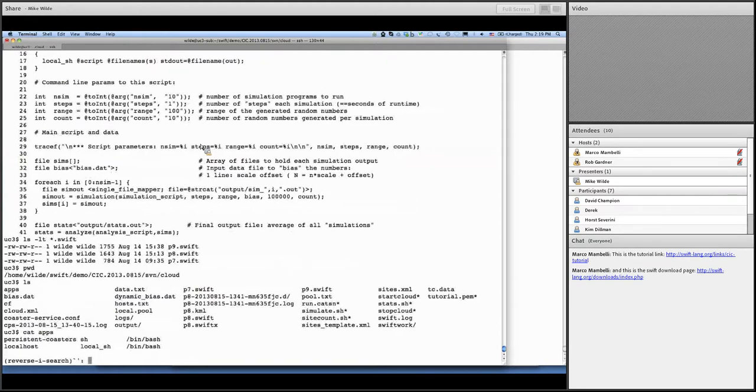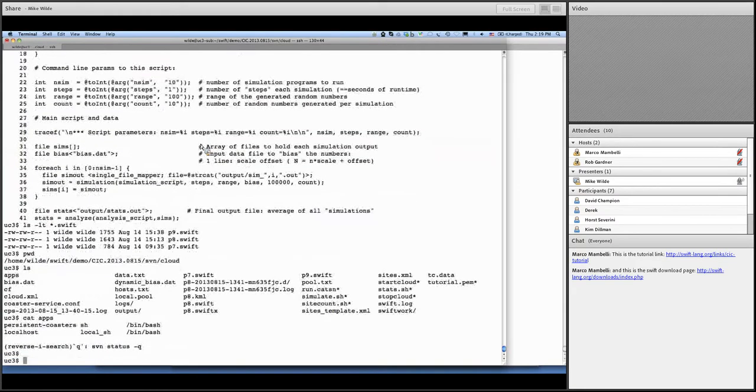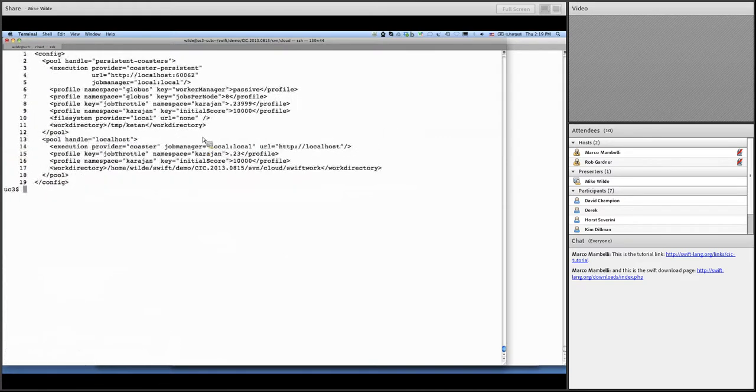Okay, so now we're going to again use sites.xml. Now we're using a sites file that points to our persistent service that is actually connected to our cloud nodes. We're going to be sending 8 jobs per node, and if we look